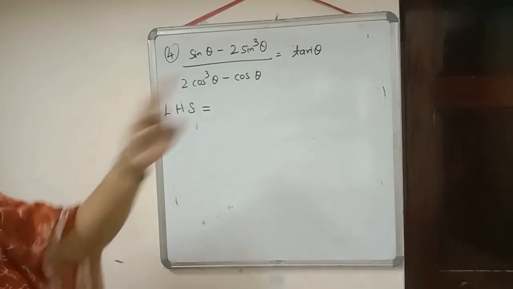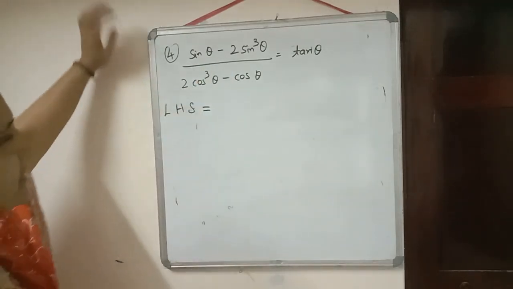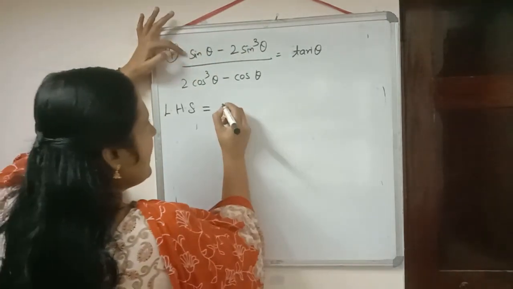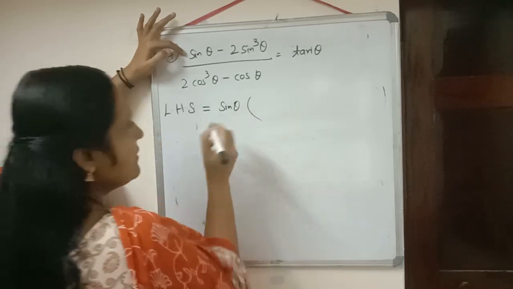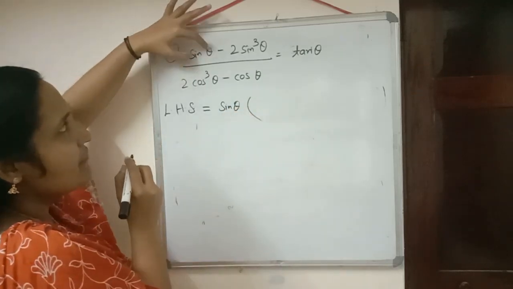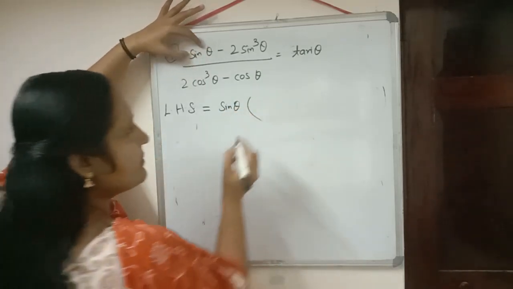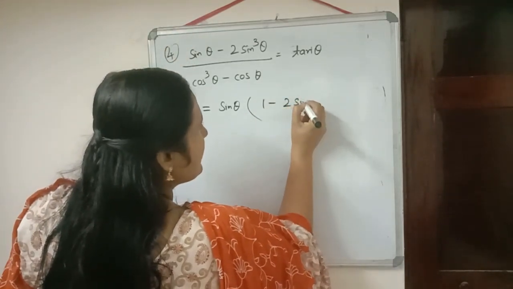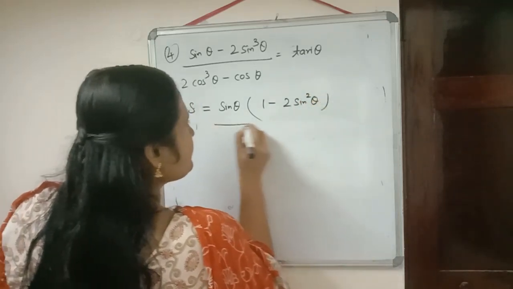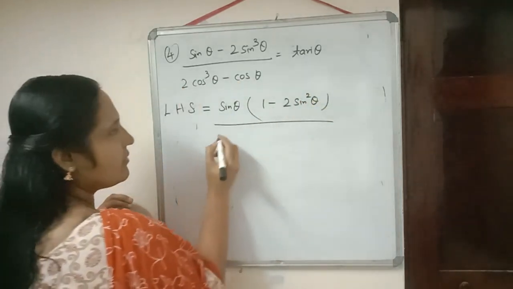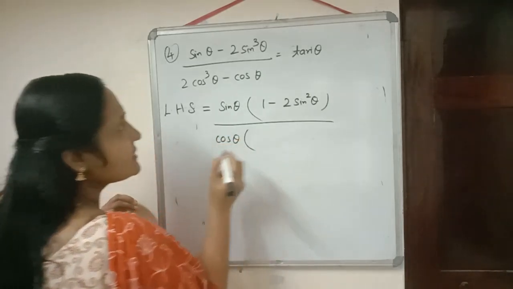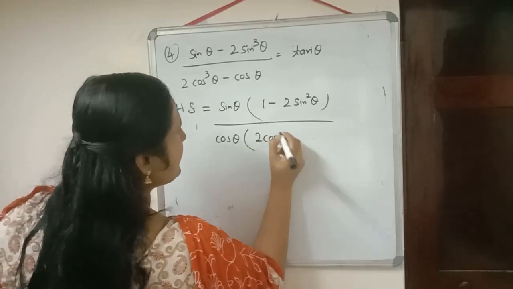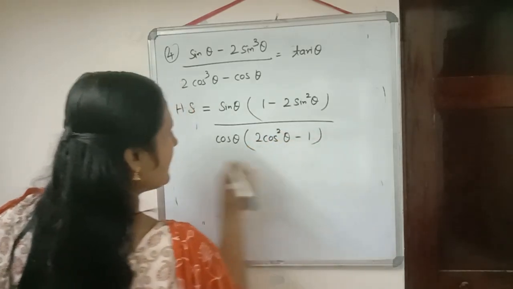Then what we can do, we need there tan theta also. So just to check, can we take anything common here in numerator? Yes, we have sin theta common. What will come inside the bracket? From here we took one sin theta common. So remaining it will be equal to 1 minus 2 sin square theta by. From here what can we take common? Yes, we can take cos theta common. Then what will come inside the bracket? Inside the bracket we will get here 2 cos square theta minus 1.